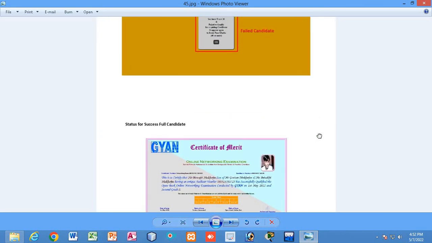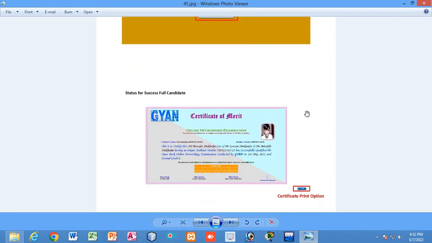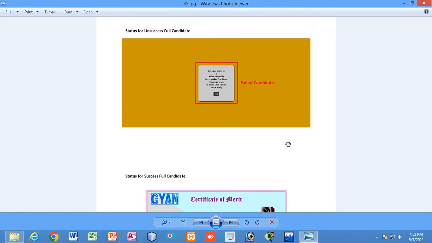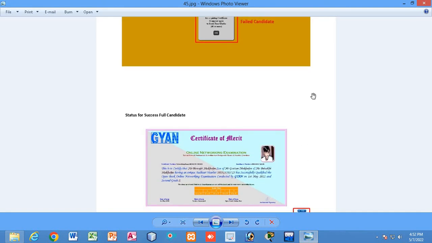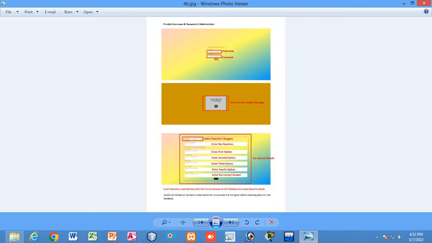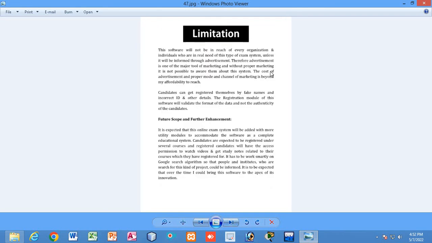You can see after completing the exam successfully, the student will be given a certificate, and if the student fails to score the pass marks, then this message will be shown to the failed candidate. So this is my project which I have developed, and for your project you have to do this. You have to provide the printout. This is the admin panel printout, and after that at the last you have to add the limitations of the project. So I will say one thing: there is no such software in this world which is 100% complete,